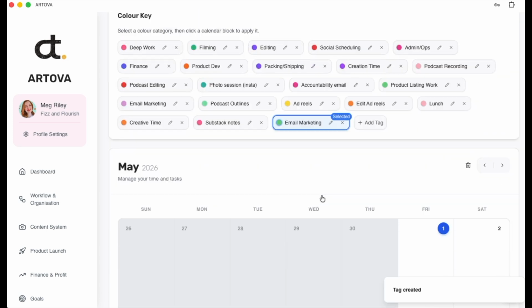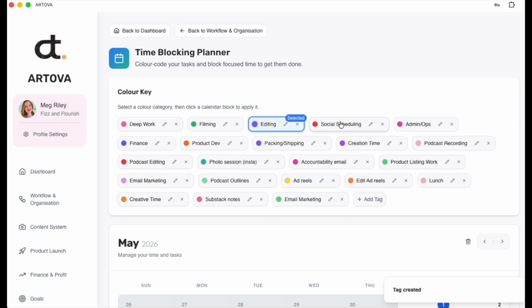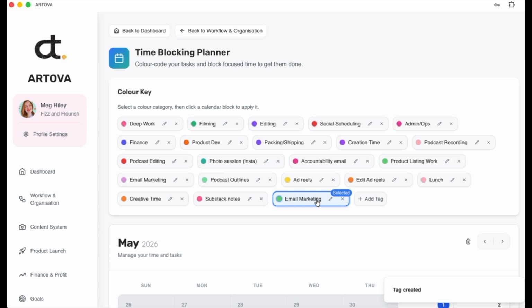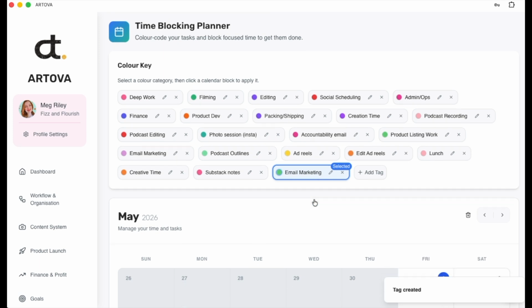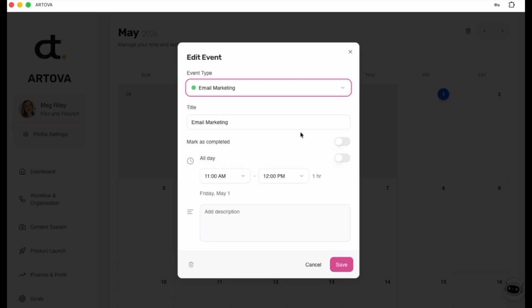Now, to drop these tags into the calendar itself, click on any of the ones you want to input. When you click, you'll see a blue outline to show that it's selected. Now, with your selected option, you can just click on the day that you want to add it. You can change the title in the pop-up, and you can also add a time that you want to start